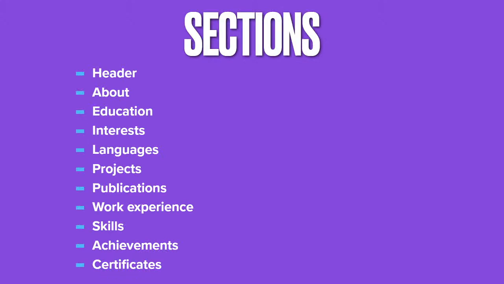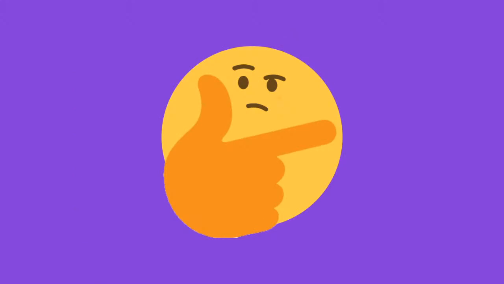Okay, so these are the basic sections a resume normally contains. You have header, about, education details, interests, languages, projects. Now I know this is a lot of subheadings, but what you should remember is you have to fit all this in a page and a half. So now you might be wondering, how am I going to do that? That sounds like a lot of subheadings. It sounds like I'll need at least 2 pages or so.